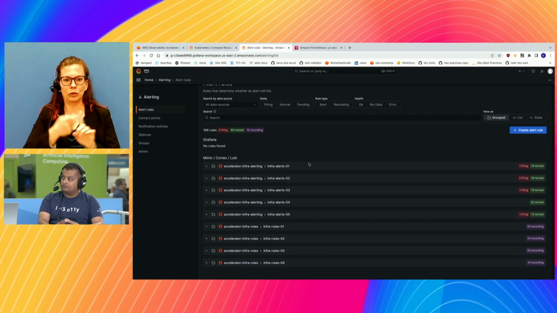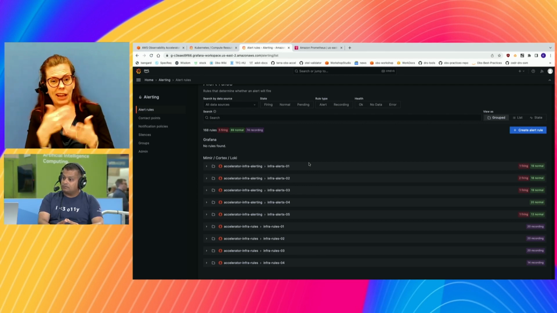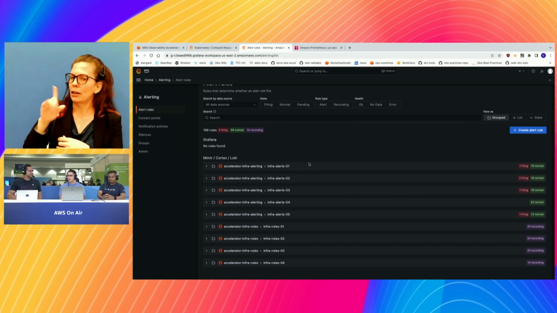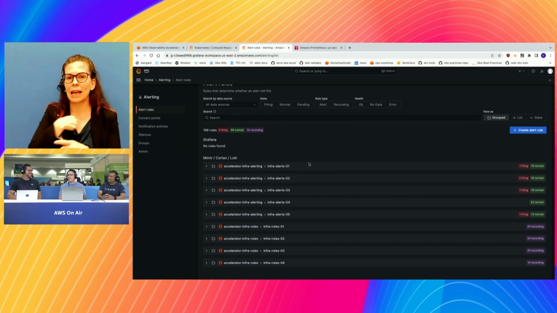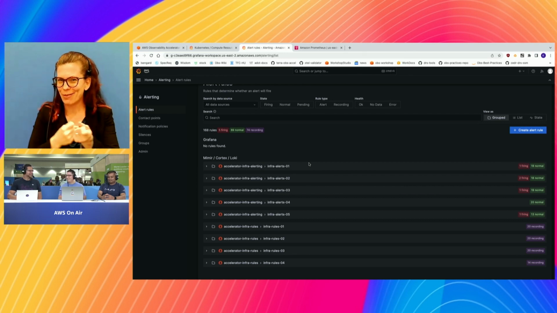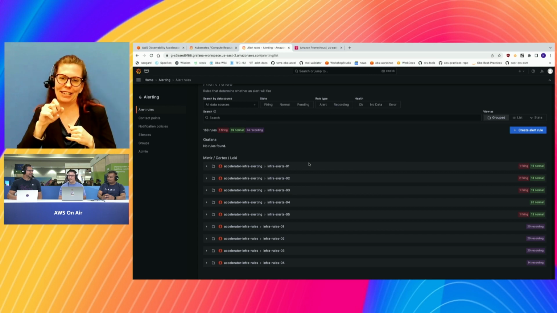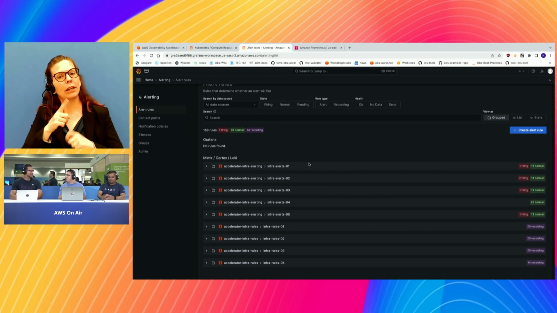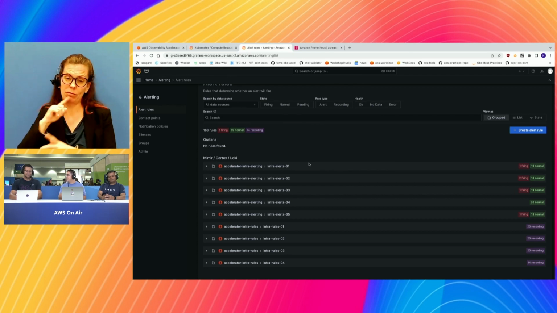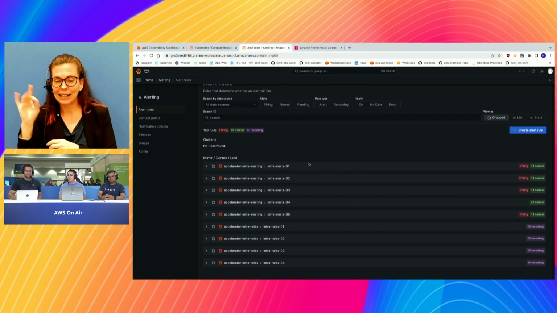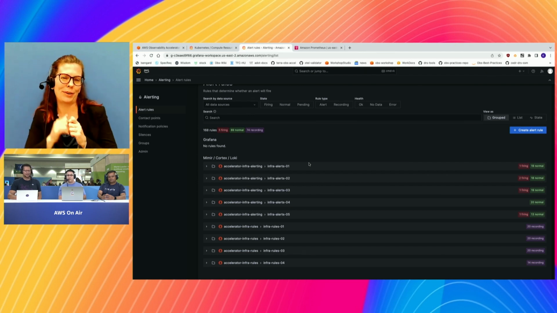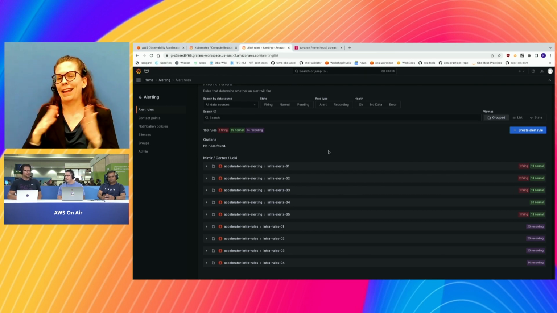Can you use something other than Terraform, or is it based only on Terraform? Right now it is only Terraform. We do have some ambitious plans to add some CDK support, but as of now it is just Terraform. We wanted to meet the customers where they're at, and Terraform is very popular with Kubernetes, Grafana and Prometheus. So that's what we chose to start out with, but we do have plans for other automation mechanisms.